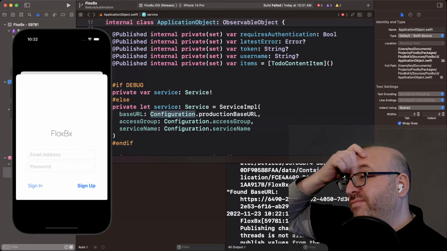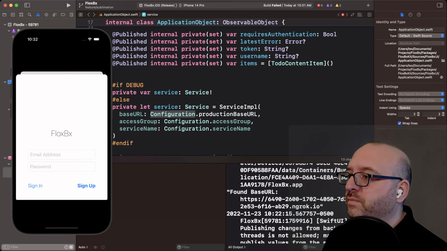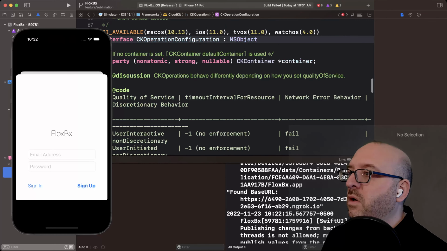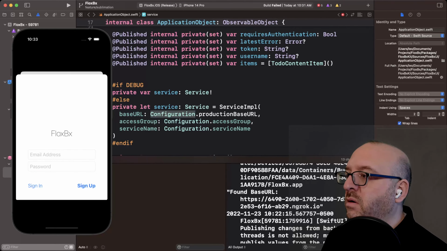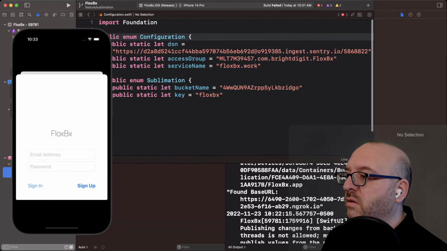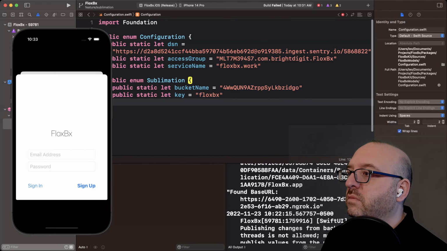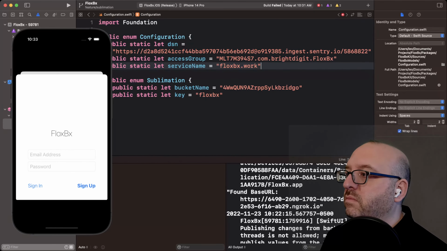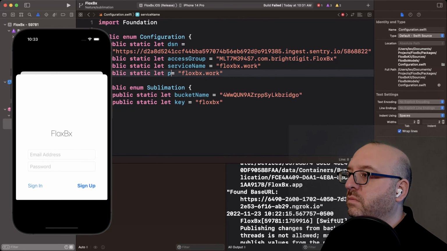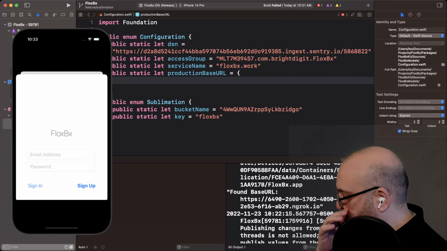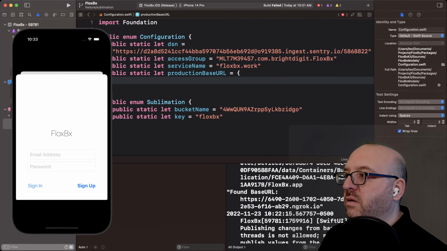Right here. Go here. Yes. Production base URL. And that is, we're just going to use